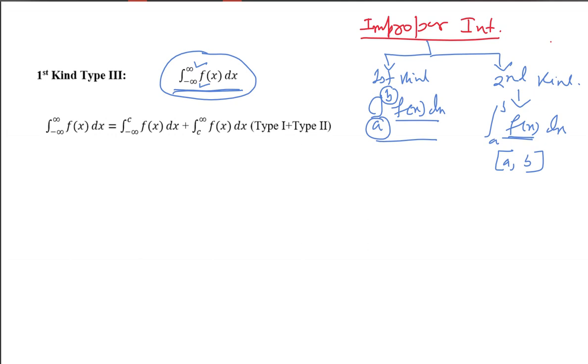How can we divide? We can choose a finite value in between minus infinity and infinity. Suppose we choose a finite value c in this interval, any finite limit c, and we break this integration in two parts. One is minus infinity to c of f of x dx, and the other is